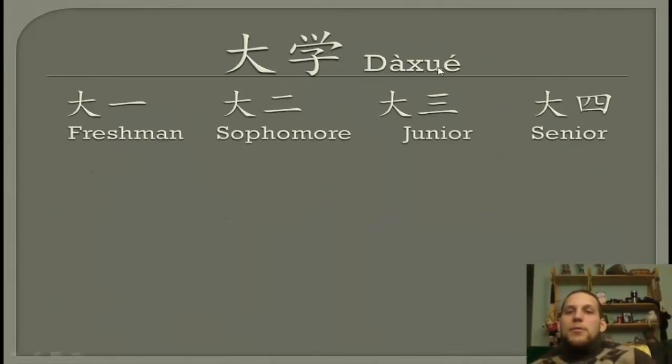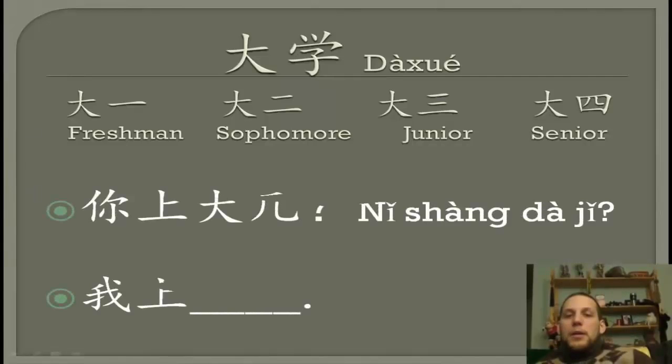好的, let's move on to 大学. So 大学 is for university. For our freshman students, they are 大一. Sophomores are 大二, juniors 大三, and seniors 大四. You can see the pattern here. It's not too difficult. So to ask what grade somebody's at in college, we say 你上大几？